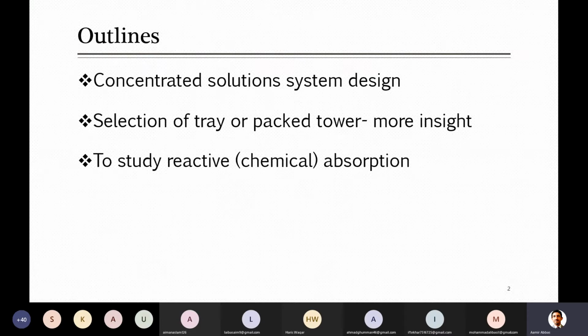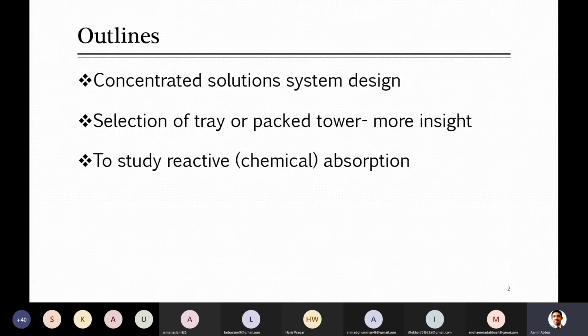That remains constant, and it was related to the condition that if the system is dilute, there is a very small amount of the solute which you want to absorb from the gas into the liquid. So it will be absorbed, and the overall flow rate of the gas didn't change, and there will be no big effect on the flow rate of the liquid. But here I'll tell you how to proceed if your system is not dilute.